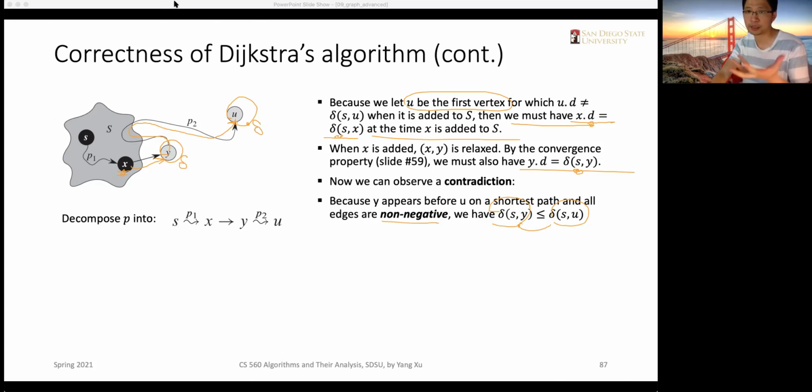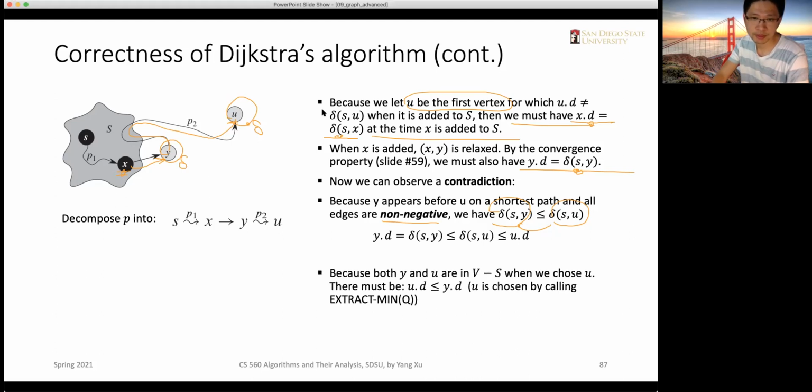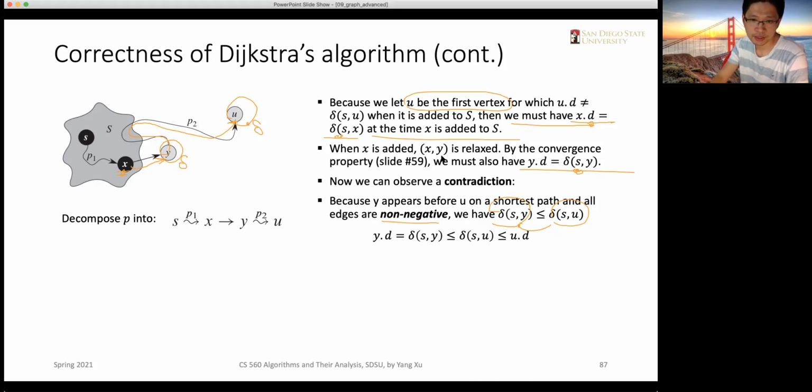Because that's determined by the property of the graph. All the edges are positive numbers. So we must have Y.d should be smaller than or equal to U.d. Okay,